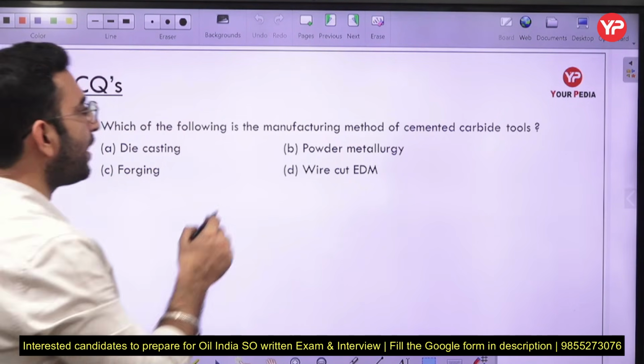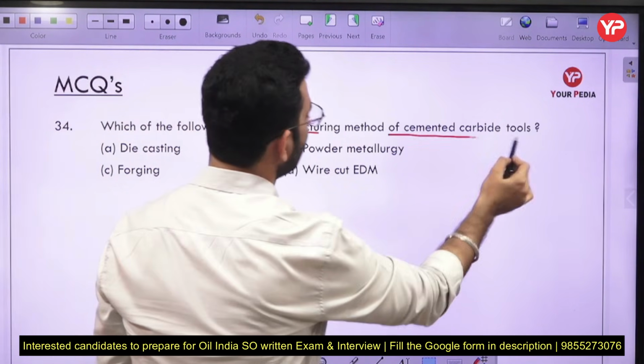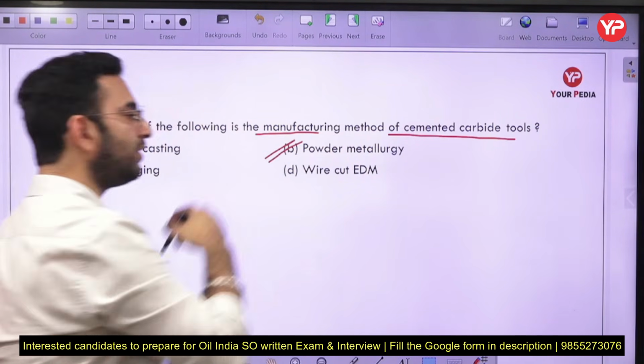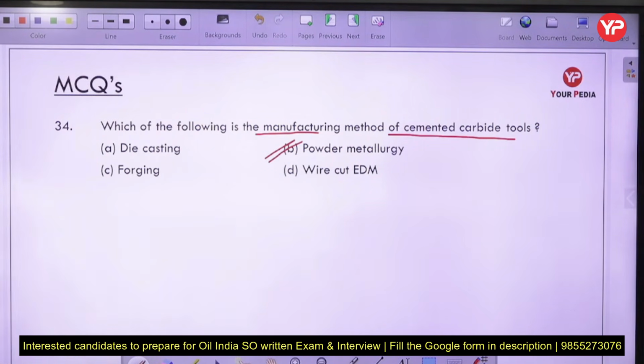Which of the following is the manufacturing method for the cemented carbide tool here? So out of these methods, for the cemented carbide tool, we prefer the powder metallurgy process here. So in this case the answer is going to be powder metallurgy here. Next part,